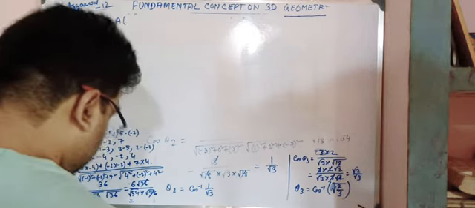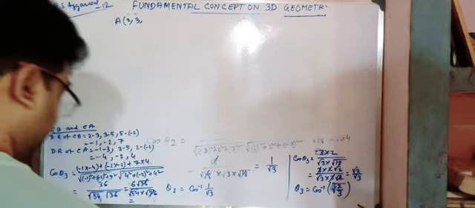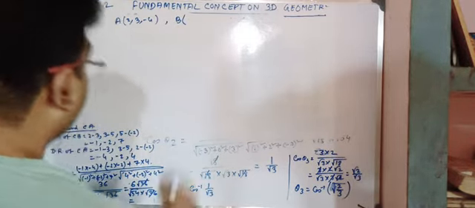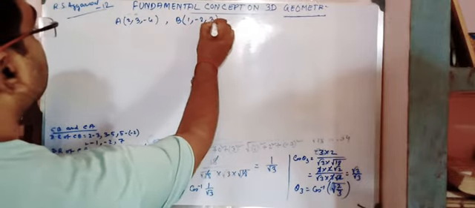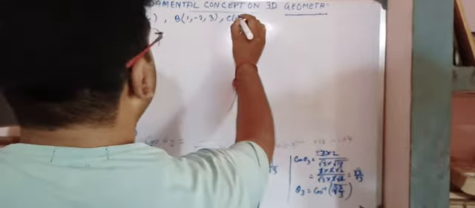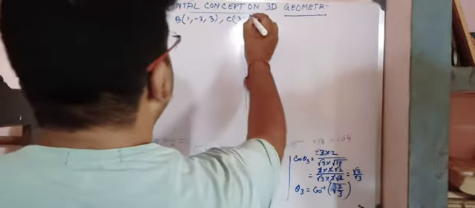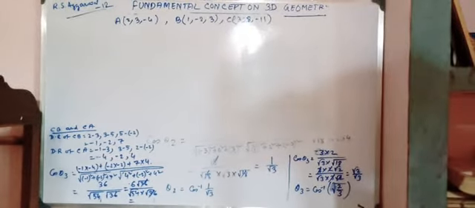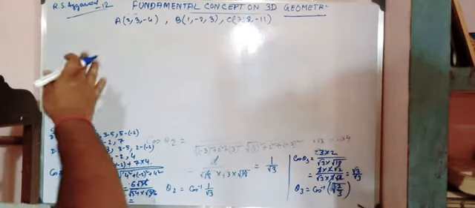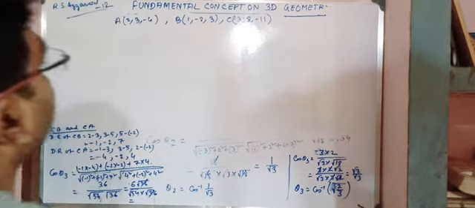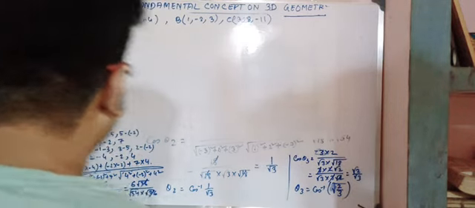So we are given 3 points here. The points are A (2, 3, -4), B (1, -2, 3), C (3, 8, -11). We have to show that these 3 points are collinear. So if we find the direction ratio of AB,